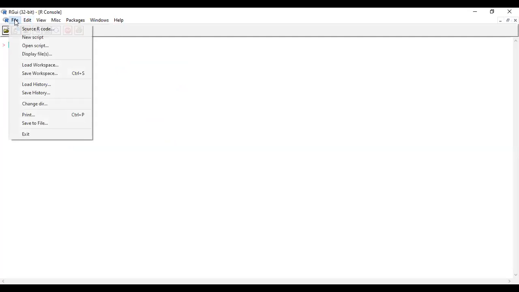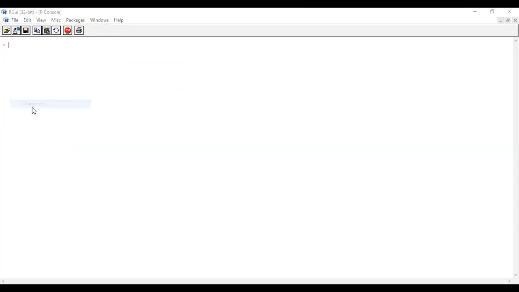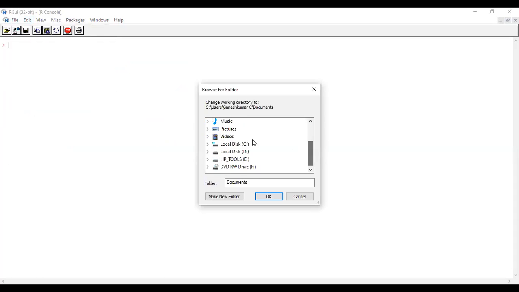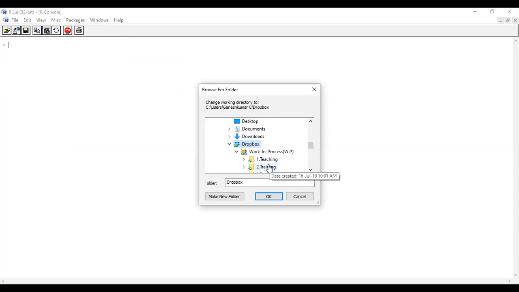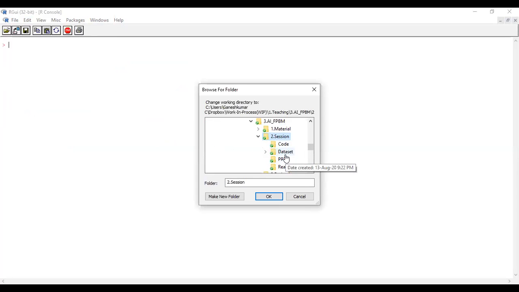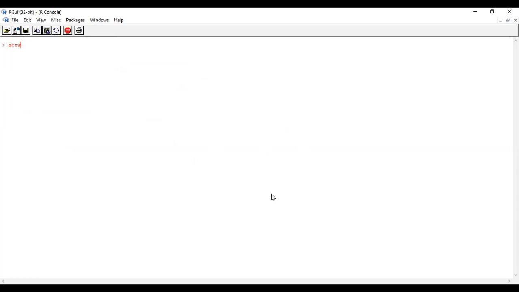You can go ahead with this data. Please download the data set before that. Clear console. First you have to go to file, change dir, same process. Wherever you downloaded, the same folder you have to locate. For me, it's in the Google Drive, data set. Then you can check getwd. It's not compulsory, just for understanding purposes I'm checking.